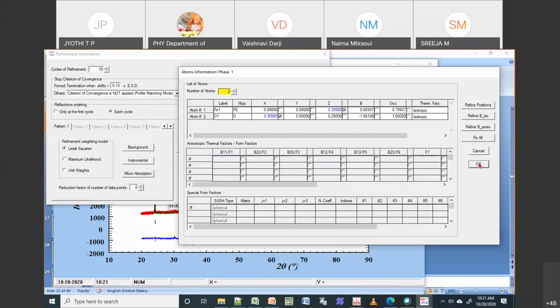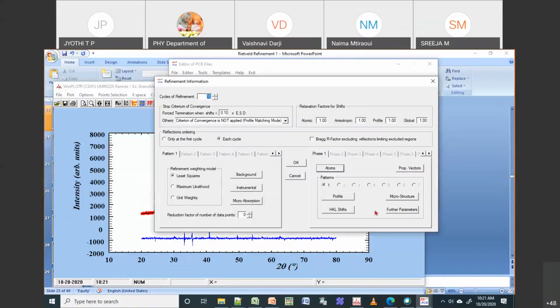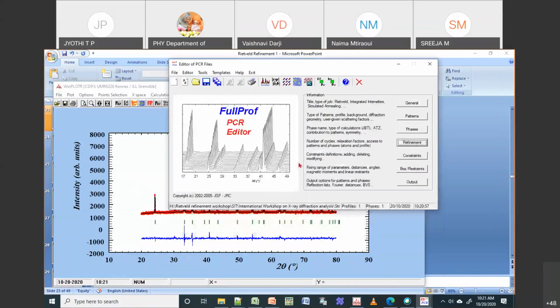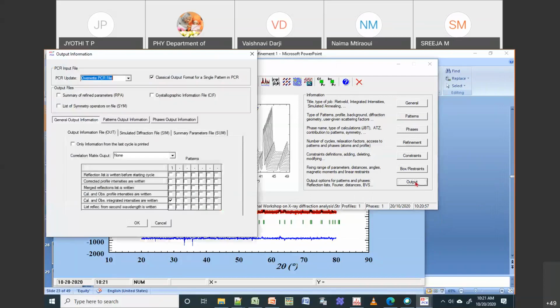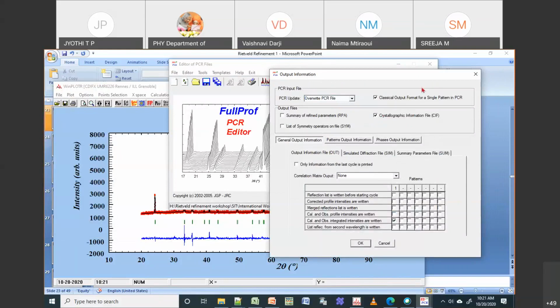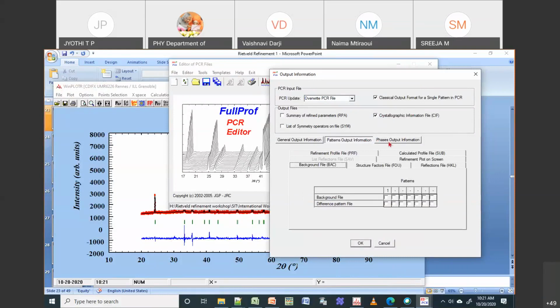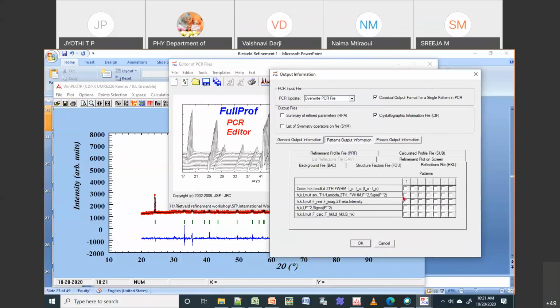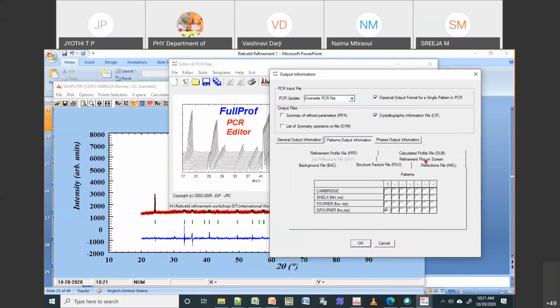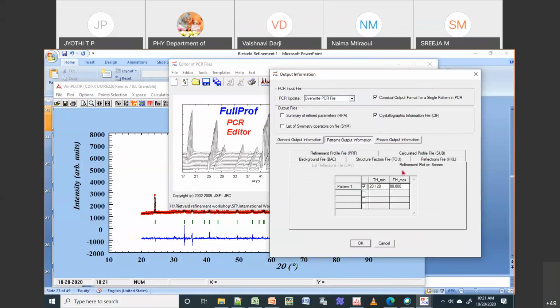So now what I do is I will try to generate some of these other parameters. Okay, so what I will do is I will go here, and then I will try to generate the CIF file. So I want a CIF file, which is your crystal information file, and I will also try to generate the Fourier file, okay, and then the HKL file. So I will generate this. You can see here, this is the data which is fitted.